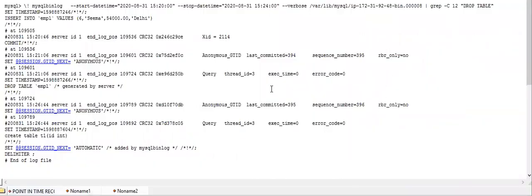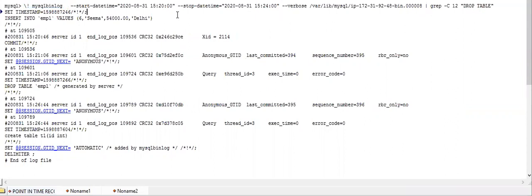Okay, I will see first the position before dropping the table. How you can see?